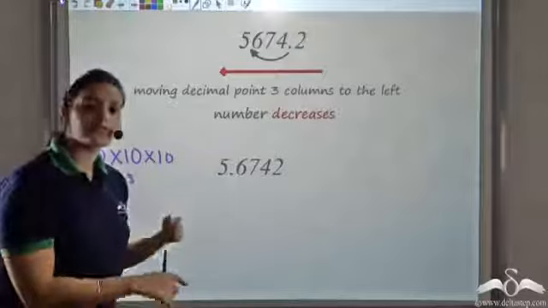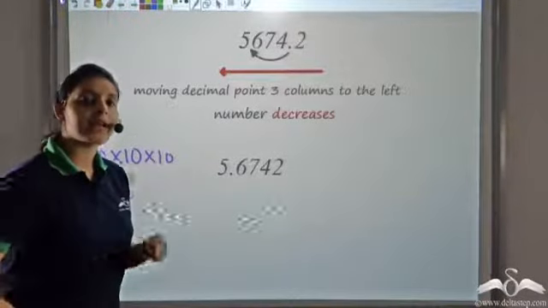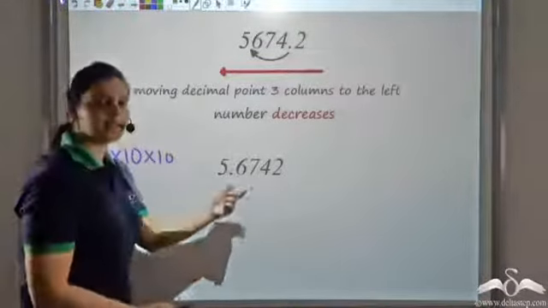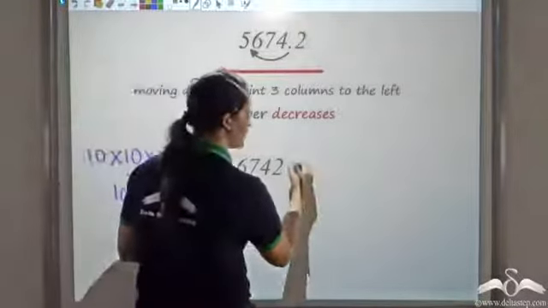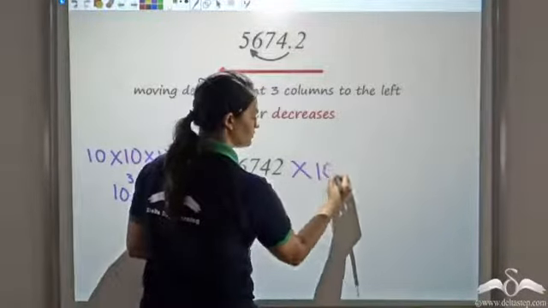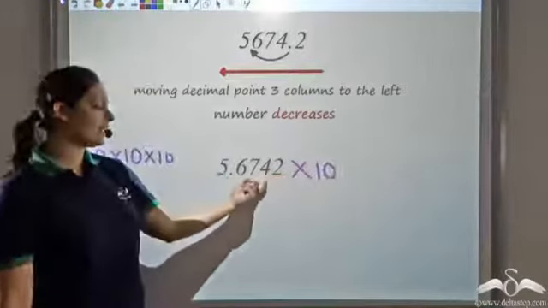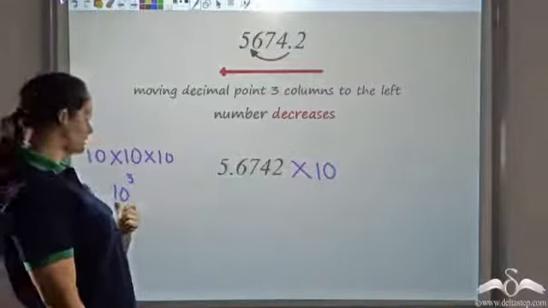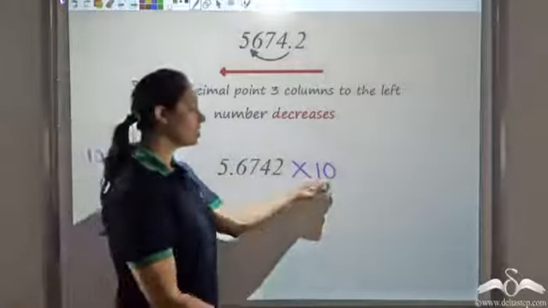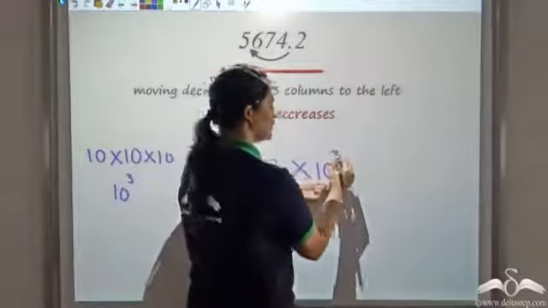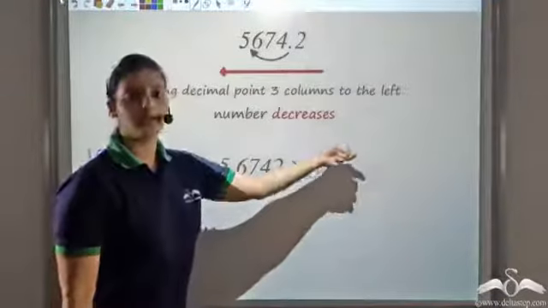Now to compensate for the decrease, what I'll do is I'll increase the power of 10. The second part says that it should have a multiplier 10 to the power some number. Now I decrease this number by 10 to the power 3. So to compensate it, I'll increase the number 10 to the power 3.